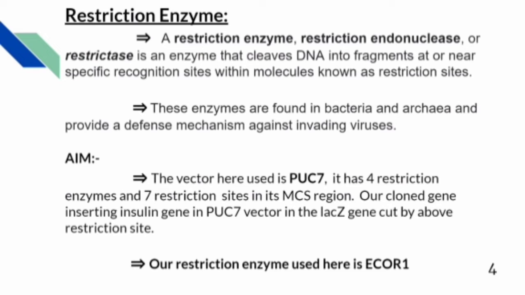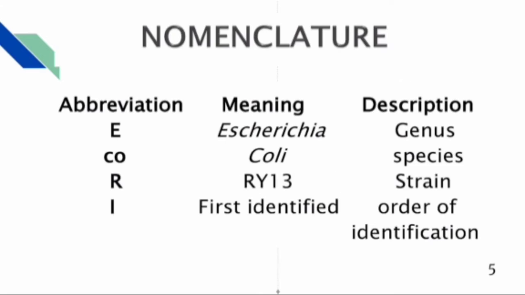Here used is pUC7. It has 4 restriction enzymes and 7 restriction sites in its MCS region. Our cloned gene, inserting insulin gene in pUC7 vector in the lac gene, is cut at our restriction site. Our restriction enzyme used here is EcoRI. Nomenclature of the EcoRI: